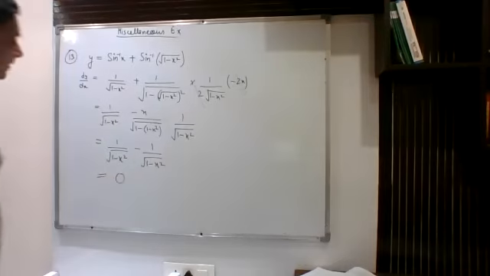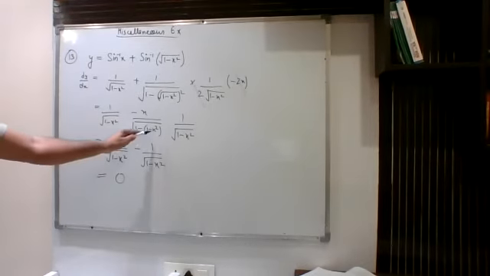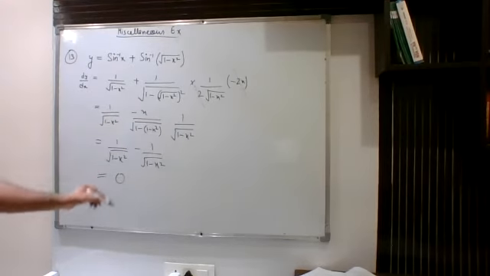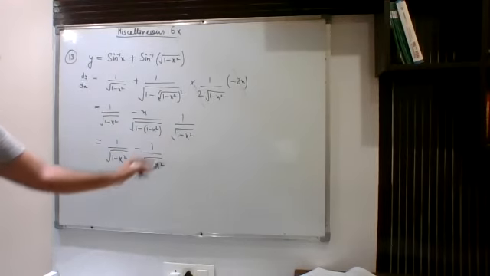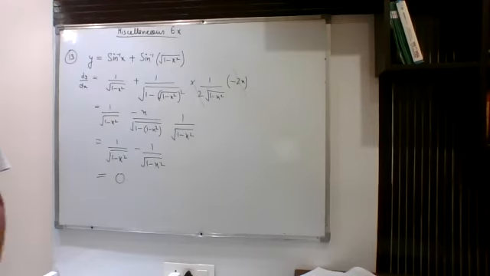So both will cancel out and you will get the answer as, because here 1 and 1 will cancel out, so it will become under the root of x, which can be written as x. X and x will cancel out. So minus 1 upon under the root of this much. So both will cancel out and we will get this as the final answer. So this is question number 13.